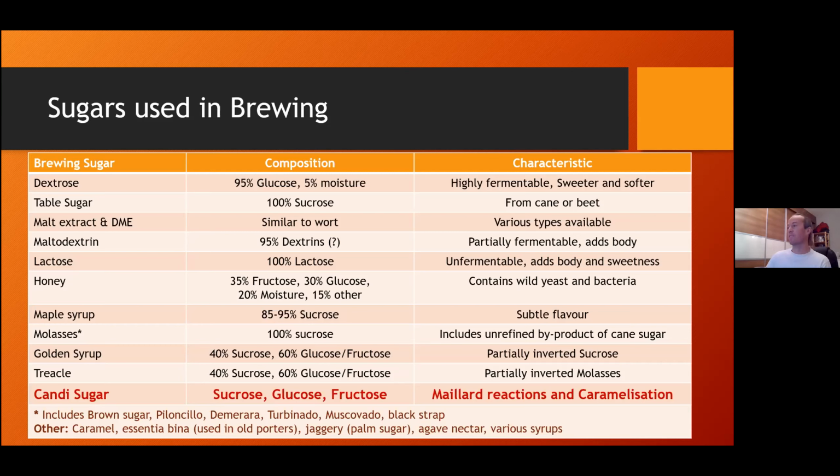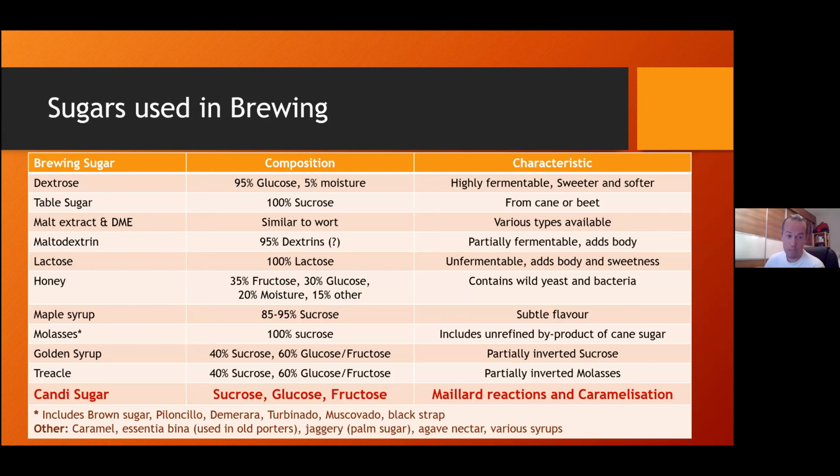Molasses, and that's the really interesting one. Molasses is actually one name for a whole group of different sugars, everything from brown sugar, piloncillo, which you get in Mexico, demerara, turbinado, muscovado, and blackstrap. It's basically unrefined sugar. If you want to get top quality molasses, you use the cane sugar derived versions. When they make something from beet sugar, it's usually not as good and it doesn't taste as nice. Most of the top chefs will only use cane sugar molasses.